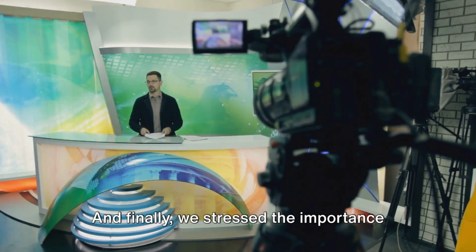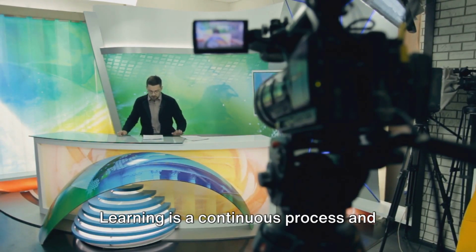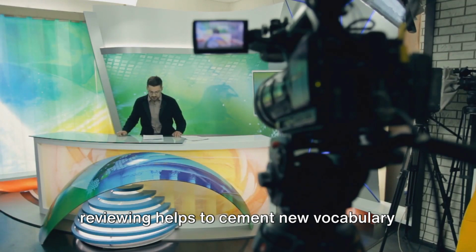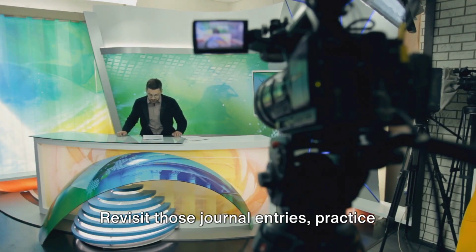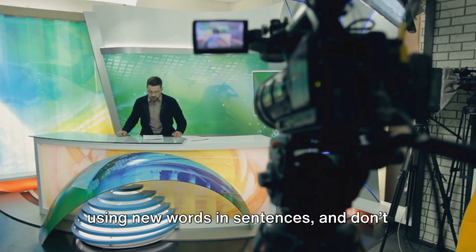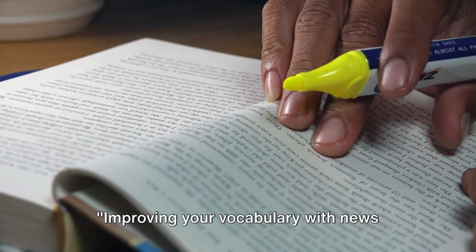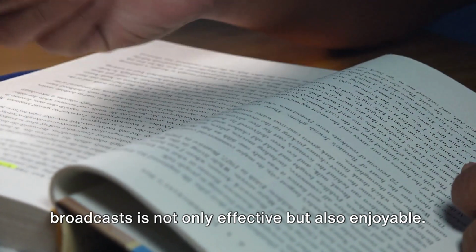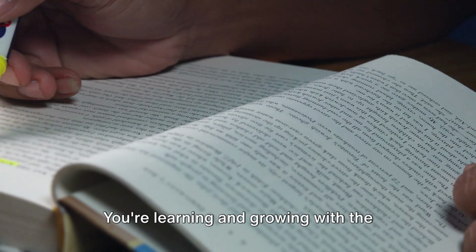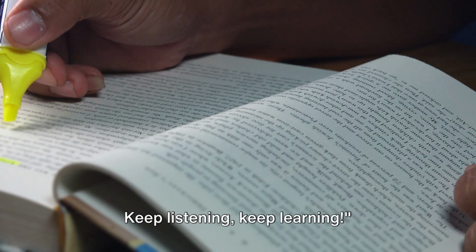And finally, we stressed the importance of review. Learning is a continuous process, and reviewing helps to cement new vocabulary in your memory. Revisit those journal entries, practice using new words in sentences, and don't shy away from revising old entries. Improving your vocabulary with news broadcasts is not only effective but also enjoyable. You're learning and growing with the world around you. Keep listening, keep learning,